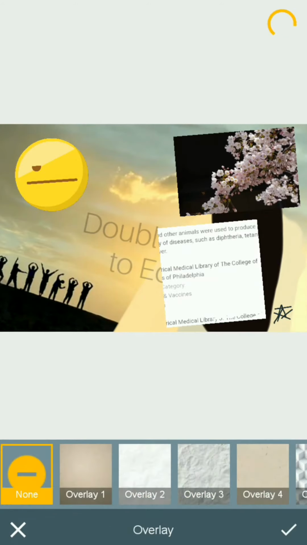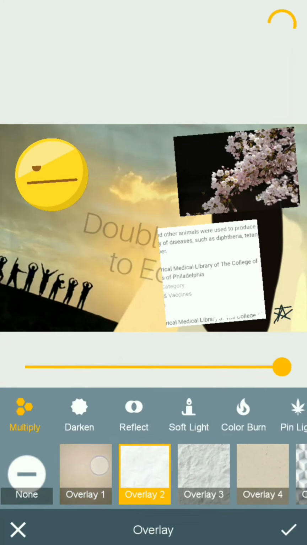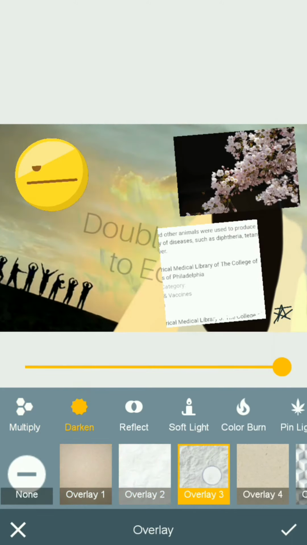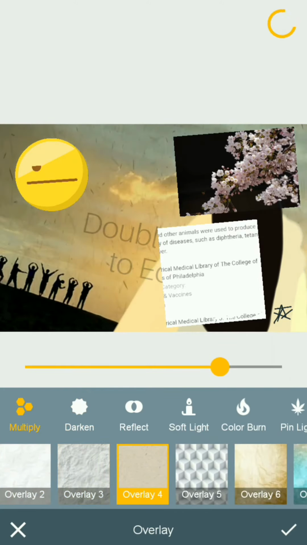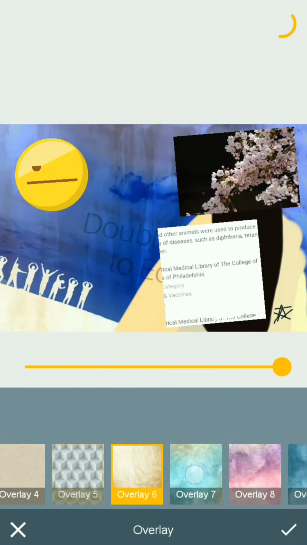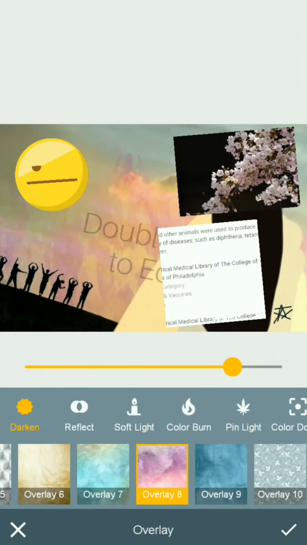And overlay means you can change the texture of the image, that is to this one, or crushed paper, or sand, or any other tessellation, and then color filters. All these things you can do here, but the only thing is that it will not be applied to your copied images or the images you have inserted, or even the watermark or emoji.